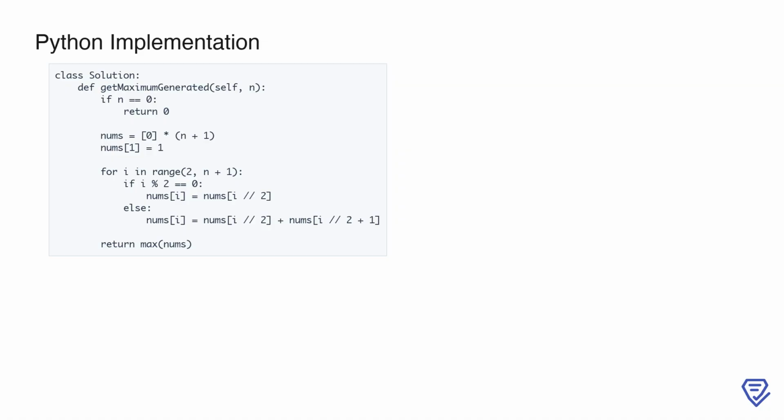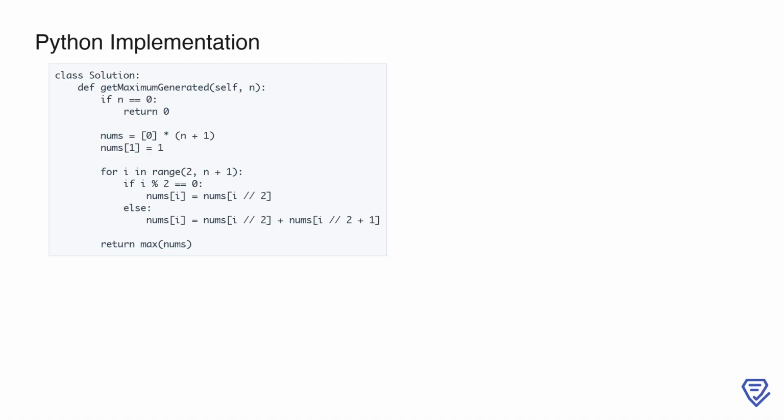This Python implementation solves LeetCode problem number 1646, get maximum in generated array. Let's go through the solution step by step. The function getMaximumGenerated accepts an integer n as input. The goal is to generate an array nums following the rules specified in the problem and return the maximum value